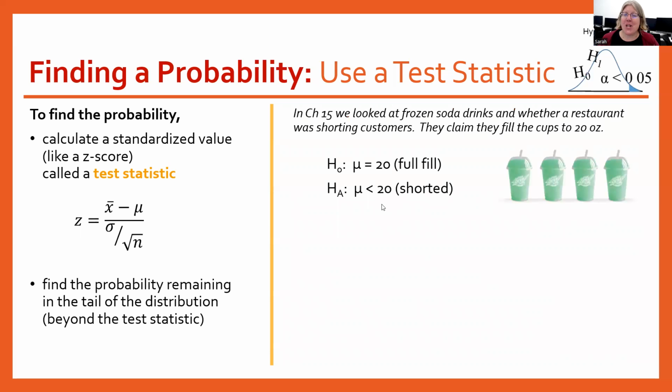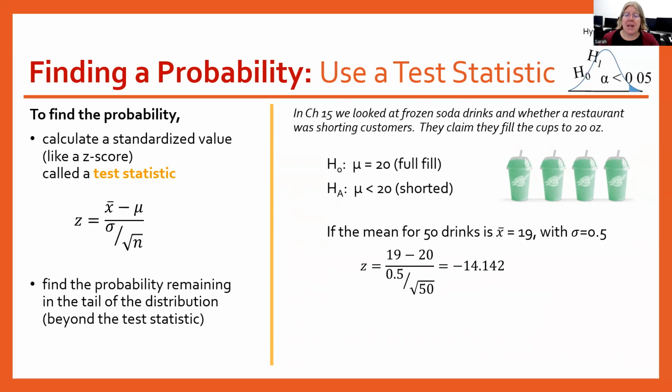All right, so an example, in chapter 15, we looked at the frozen soda drinks and whether the restaurant was shorting their customers. They claimed to fill the cups to 20 ounces. So my null hypothesis here is that mu is equal to 20, which is a full fill. And the alternative hypothesis is that mu is less than 20. So we were shorted some of that drink. So if the mean for 50 drinks is x bar equal to 19 with sigma equal to 0.5, I can plug these values into that test statistic formula. So I get 19 minus 20 over 0.5 divided by the square root of 50. And that gives me negative